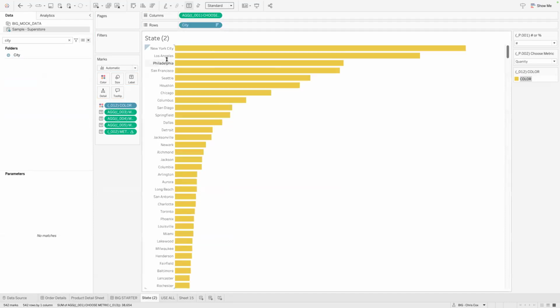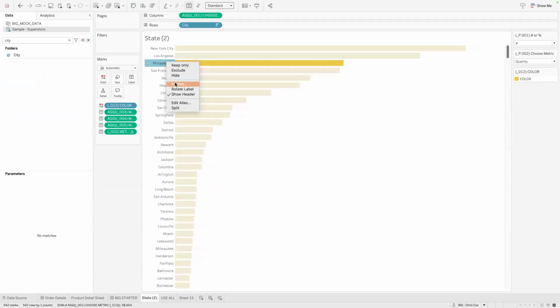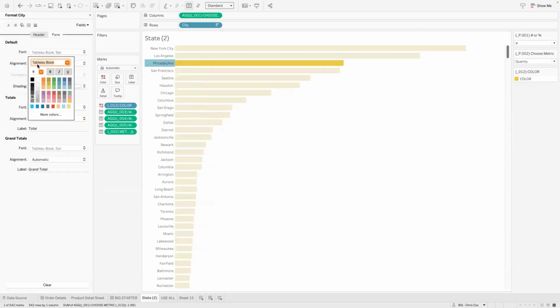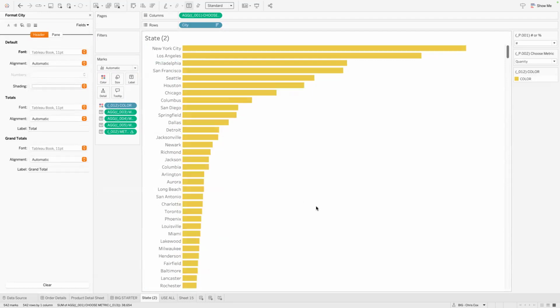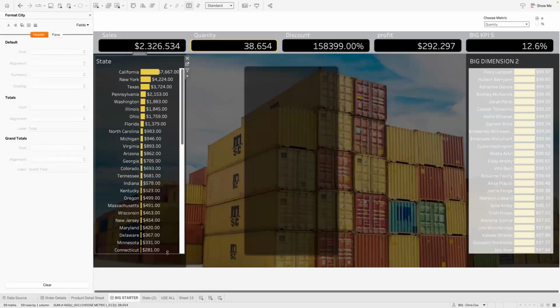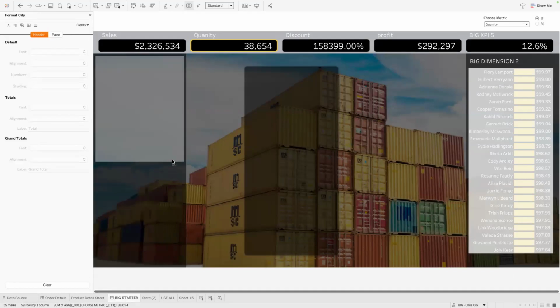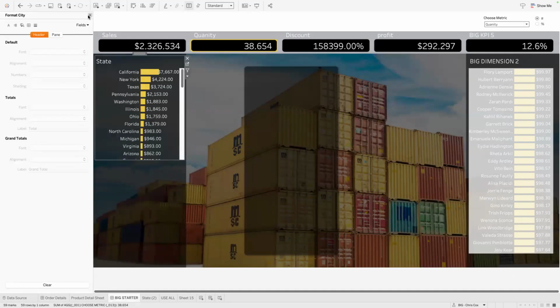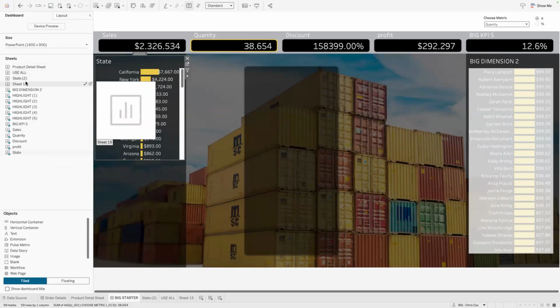So I format my cities, font size 11 and white. Okay. So now I can add these things in. So state, I didn't rename my city, but say I throw that in here. I think I just did it as state 2.